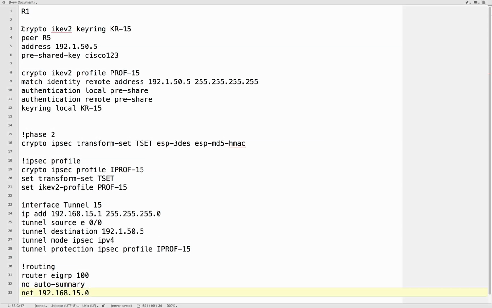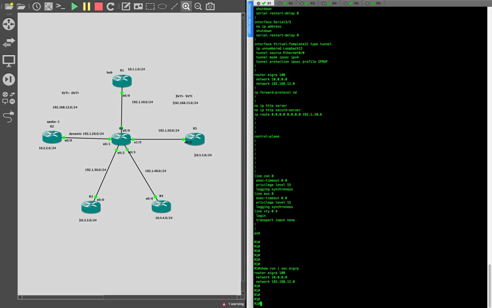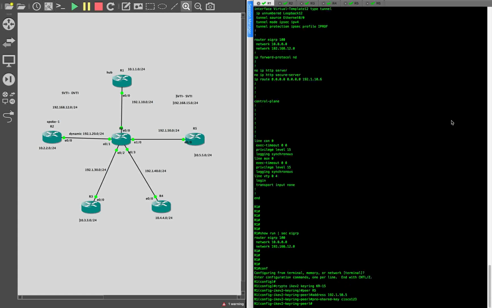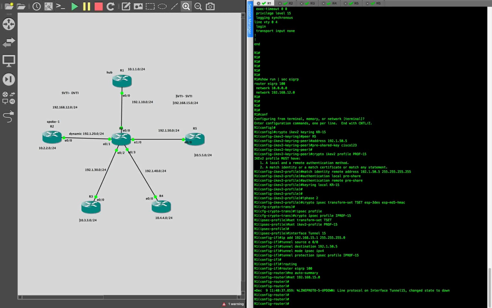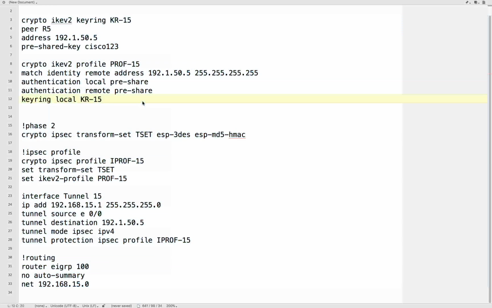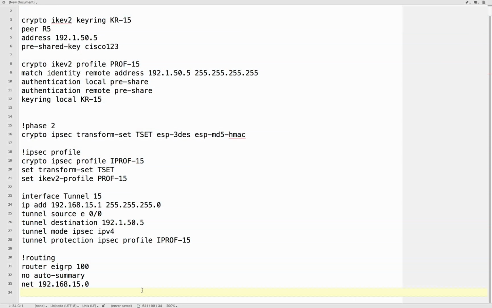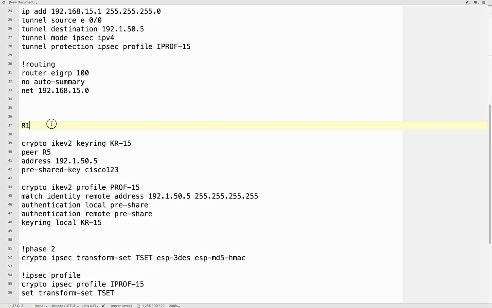Let me copy all of this and let's run this on R1, right? That's good. Now we have R5, right? So for R5, what do we do? On R5, let me copy the same thing and do the necessary changes, so that'll be easier. Let me put that, right? That's good. So for R5, the configuration is going to be